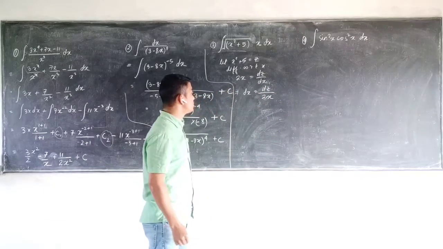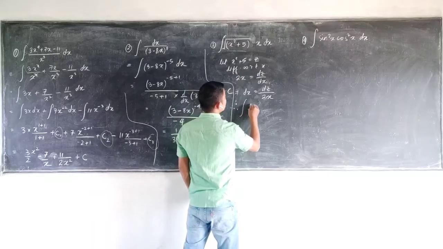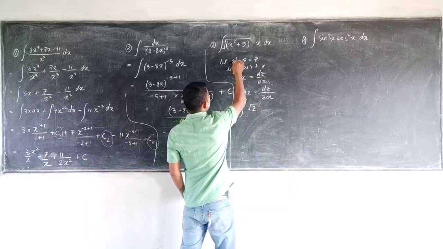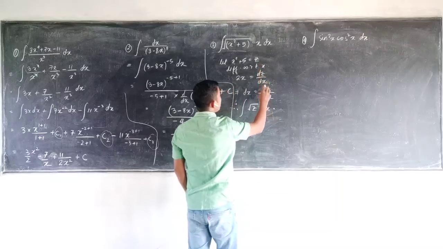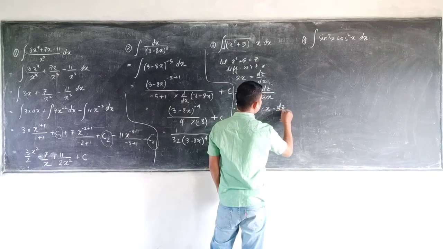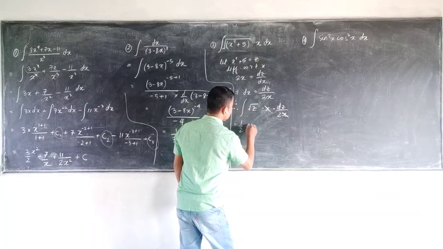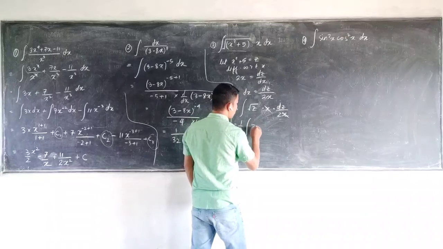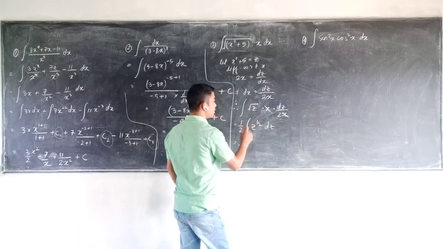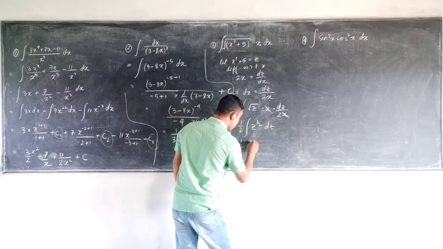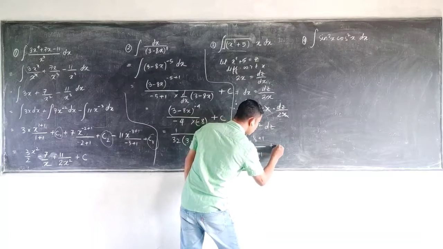So now after I obtain this, what will I do? I'll make the substitution in the given question. Therefore, I get the integration of root of z. Why z? Because I have assumed that x square plus 5 was equal to z. Into x into dz, I'll substitute this value, which is dz divided by 2x. So now this x and x get cancelled. Finally, I can write half comes outside the integration sign. Root of z, I can write z to the power half into dz. So finally I'll get half integration of z to the power half plus 1 divided by half plus 1, plus c.